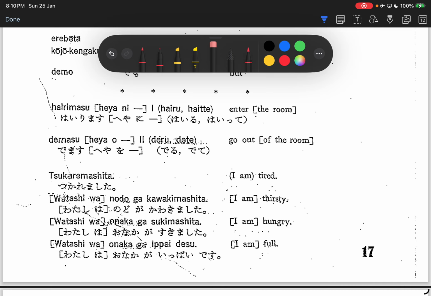So if you want to say enter room, 部屋に入ります。enter classroom, 教室に入ります。Right? Enter Singapore, シンガポールに入ります。